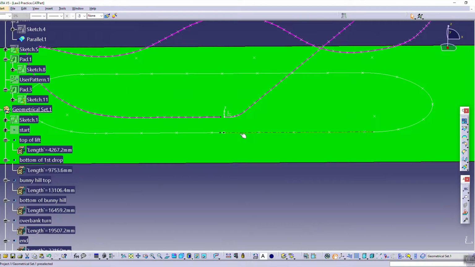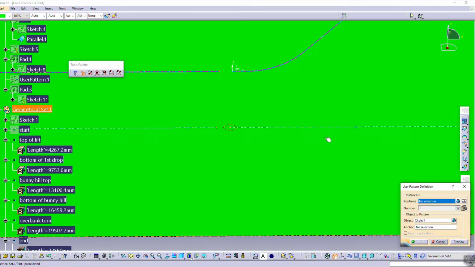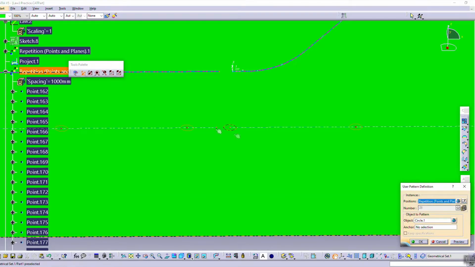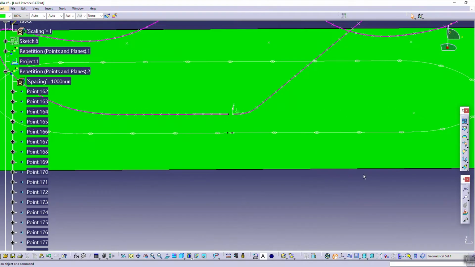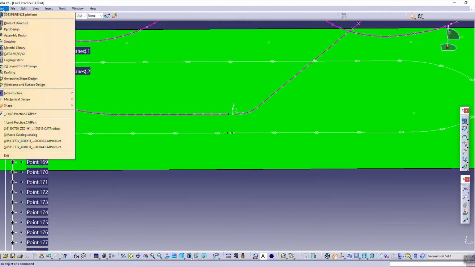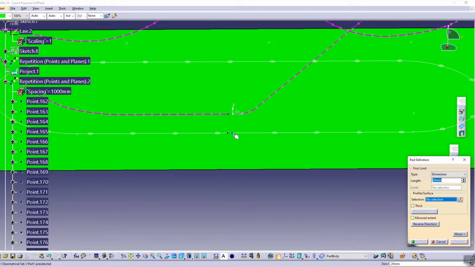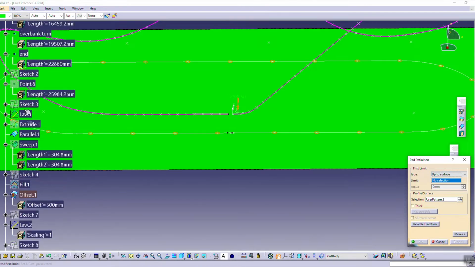Head layout, center head line. So I've projected the center line onto this surface. I drew a circle for the support. I'm going to do my user pattern and select all the points. So it's going to put the circle at all those points. Now I can say up to surface, select our sweep,